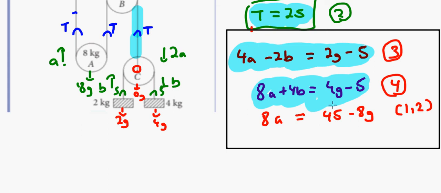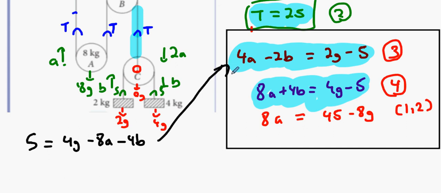So what I'm going to do, it doesn't really matter which equation I use, I'm going to use equation 4. In equation 4, I'm going to get s on its own. So I'm going to bring s to the right and everything else to the left. S equals 4g minus 8a minus 4b. Now what I'm going to do with this is put it into equation 3